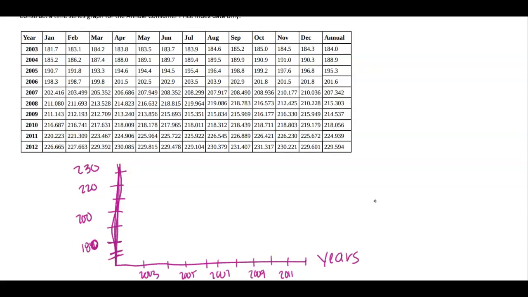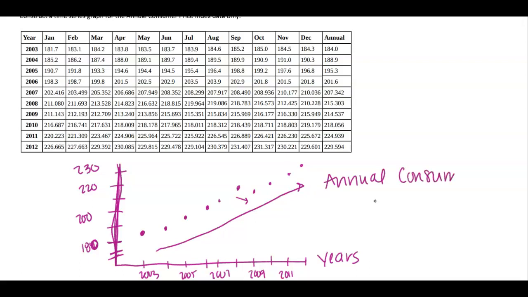And then you just plot your data points here on your graph, like you would have done in an algebra class. And again, it's going to allow you to see general trends over time. So even though we do have this one dip right here, the general trend over time is that this